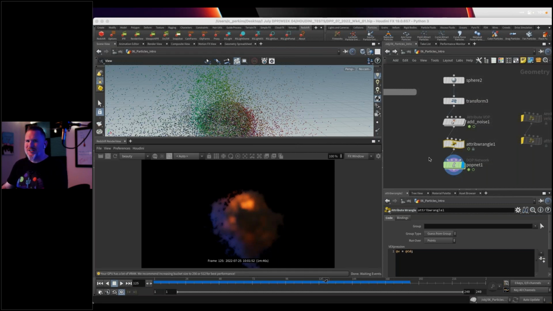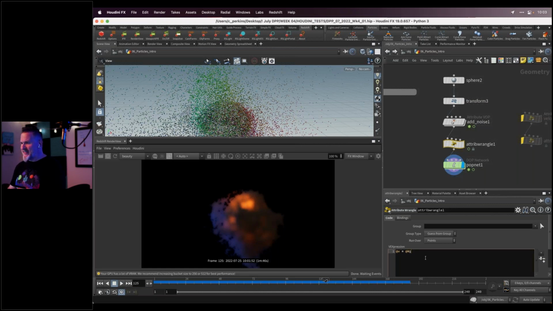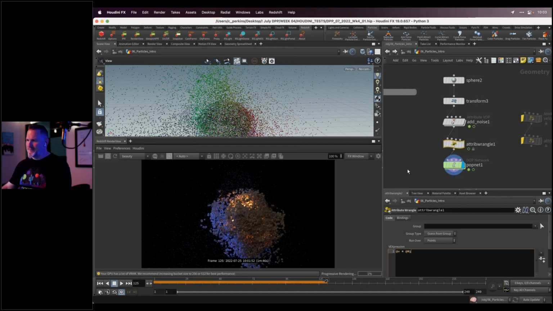There's just so much to cover. There's so much I'm leaving out, and a lot of things we could get into. Another thing I was going to do if we had time, and I'm apparently going to do it anyways, is I could say that the velocity equals the normals, and that creates an interesting shape as well. It's taking whatever direction the normals are, and making the velocity come from that.